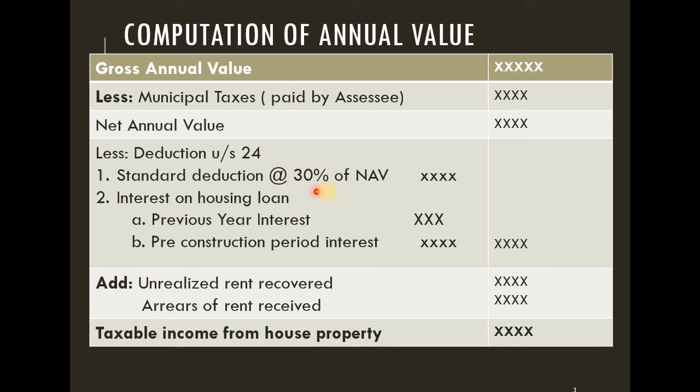So this deduction is specifically allowed for all the expenses you might incur related to the house, maybe repair of the house, maybe painting of the house, maybe plumbing work, wiring work, light, anything, whatever the expense that you incur, for that a standard deduction of 30% is given. Then the second deduction is interest on housing loan. Definitely the majority of the people will take a housing loan to construct a house because it is available at a cheaper rate, and there is an income tax deduction under section 80C also, and other deductions are also available.